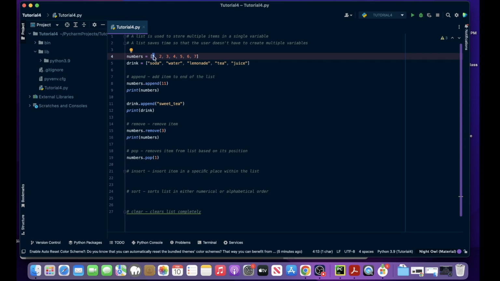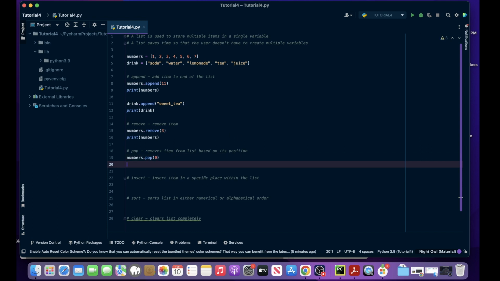They don't start from 1, they start from 0. So for instance, from 1 to 7, the position of this number is going to be 0. The position of 2 is going to be 1. The position of 3 is going to be 2. The position of 4 is going to be 3, and so on and so forth. So if I want to pop out 1, I have to say the position of this number, if that makes sense. So since 1 is at the position of 0 in Python, I can print